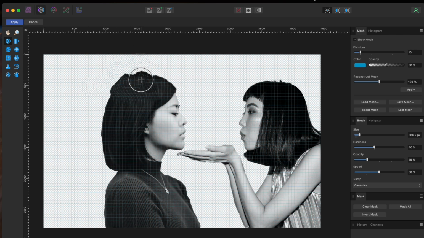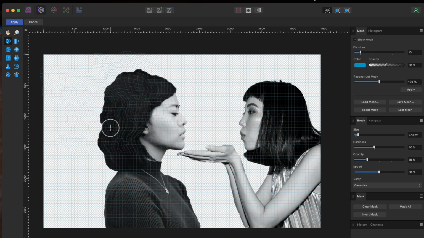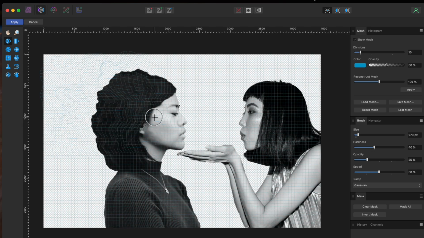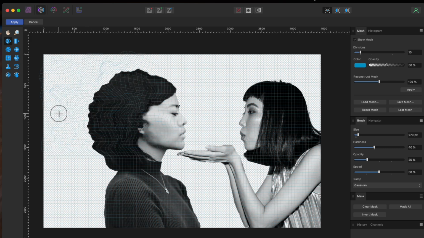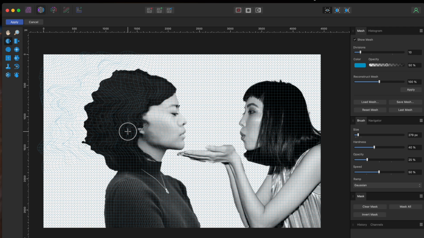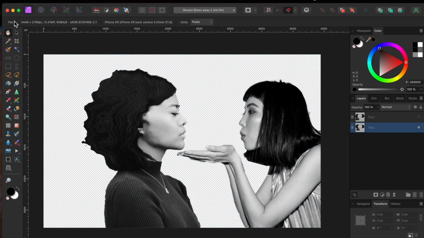Okay, next I'll use the tool to start pulling the pixels around her face and hair to the left to stretch out this poor woman's head a bit. Once I got her stretched out the way I want it, I'll click on the Apply tool to lock in